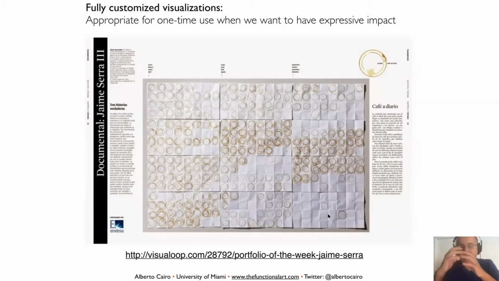When I present these types of examples, let's say in a company, right, who has a data science team, sometimes I get a little bit of pushback from the data science team saying, why should we care about this type of more artistic and more expressive graphics? We will never use it. I say, well, yeah, you will never use it 90% of the time, but there will be 10% of cases in which you will use it. And this is the case.